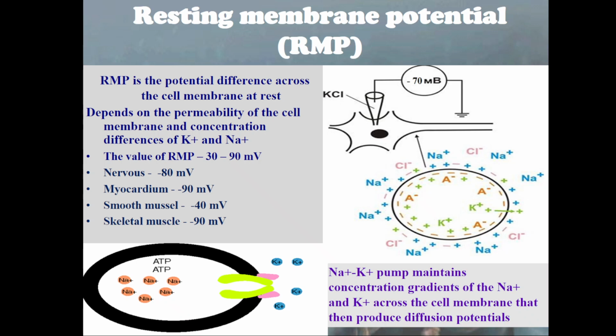At rest, the cell membrane of excitable tissues is much more permeable to potassium ions than to sodium ions. So potassium ions can diffuse out of the cell. When it diffuses out, it is called efflux or outflow of potassium, making the inner surface of the cell membrane negative with respect to the outer surface, which is positive. But some sodium ions, a small amount, can also diffuse into the cell at rest,